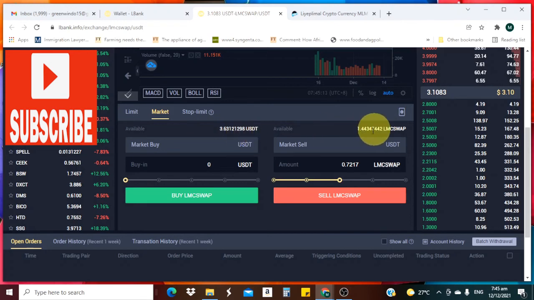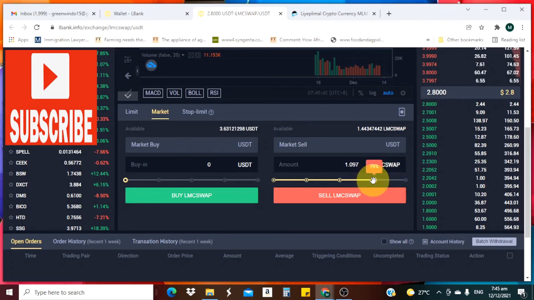If I sell half, I sell 0.7. If I want to sell all, I press 100%. I can also sell 75%, which is 1 something, so I'll be left with some 0.3 something.